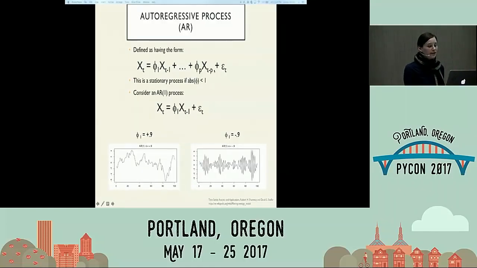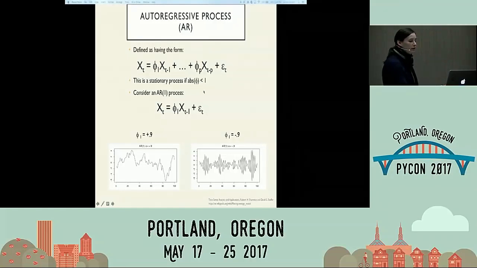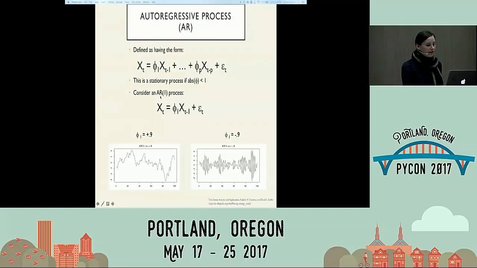In an autoregressive process, and think about it, autoregressive, regressing on yourself, you are saying that your past values have something to do with your present value, and even the form, right? It looks like my form at time t is almost like a fitted value to a regression on prior values, plus an error term. So if we were to think about an autoregressive process of order 1, then my value at time t is merely a function of my value at time t minus 1 plus an error term. It's like a y equals mx plus b.